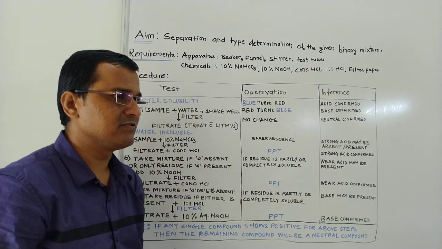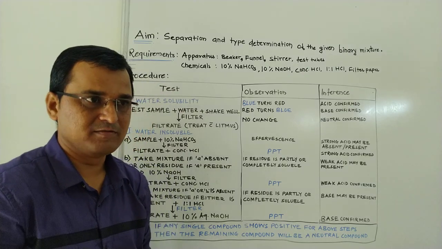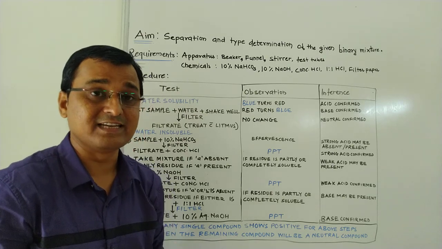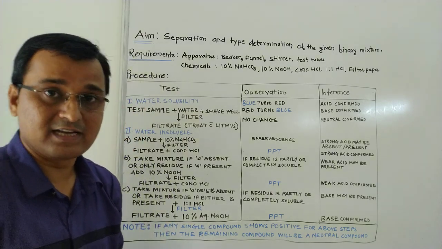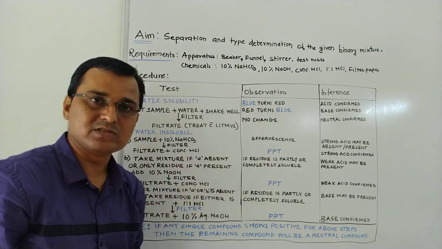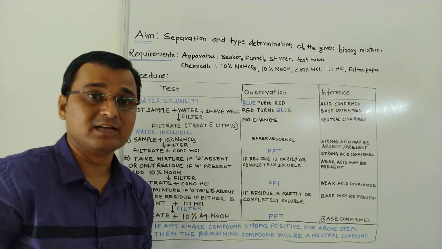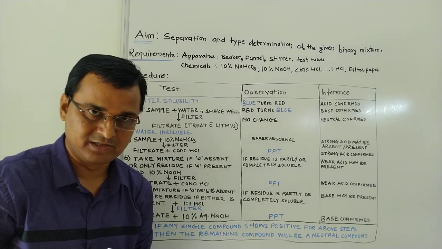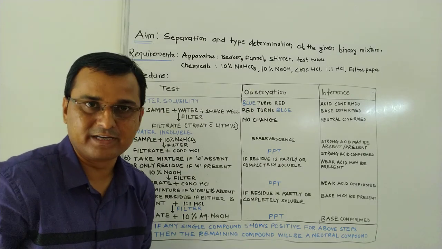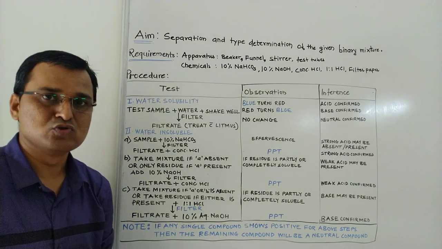There are various methods to separate various types of mixtures. For example, there can be solid mixtures, solid-liquid mixtures, liquid mixtures, and maybe liquid-gas mixtures. Depending on the type of mixture, we have different methods. For example, if there is a solid insoluble in a liquid, then we can separate it with the help of filtration. If a solid is dissolved in the liquid, then we have to evaporate the solvent, and once the solvent has evaporated, you can separate those two components.